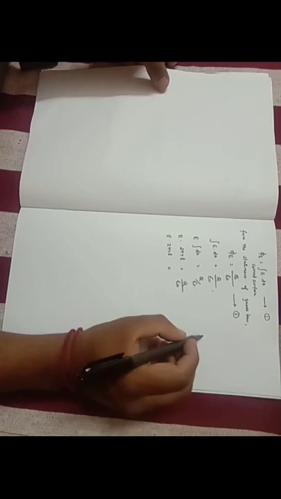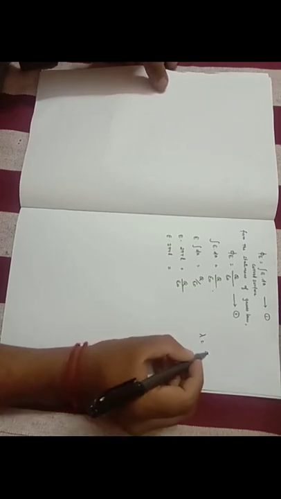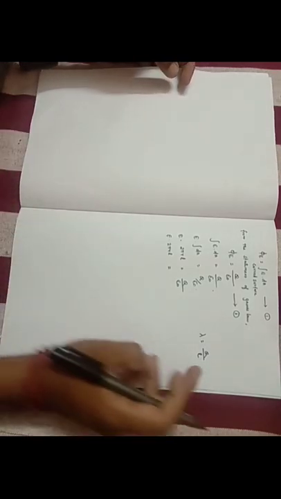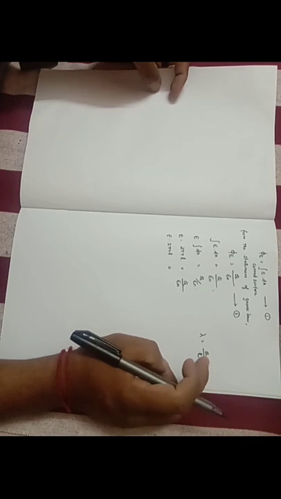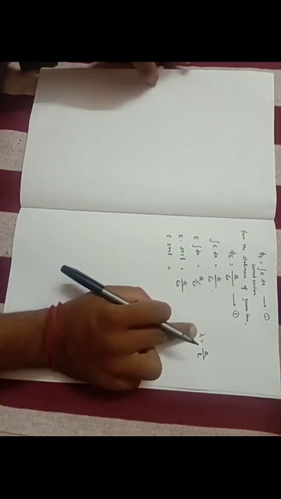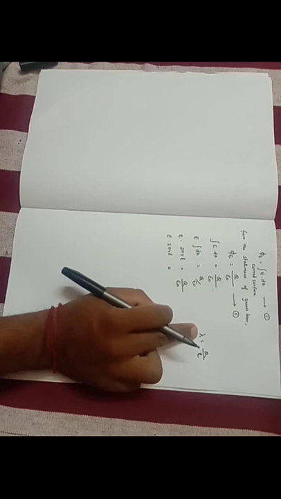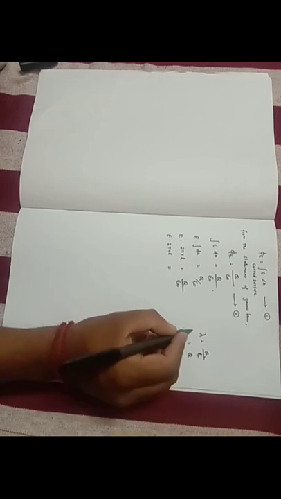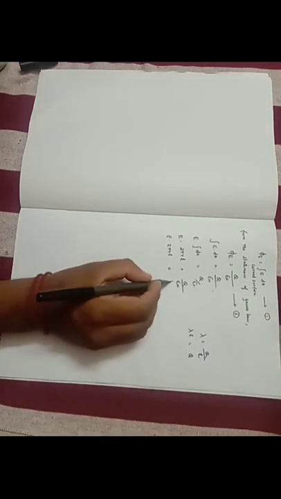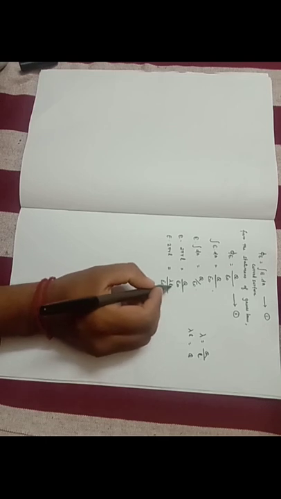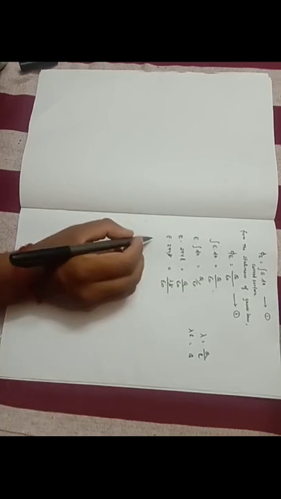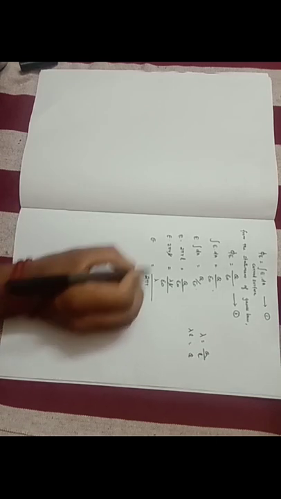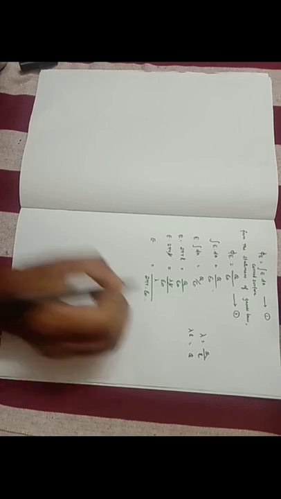Already we know that the charge density lambda is equal to Q divided by L. The net charge per unit length is called charge density. So from this we can write Q is equal to lambda into L. It is substituted in this equation, so we can write lambda L divided by epsilon naught. On the left hand side and right hand side, L cancels. So we can write E is equal to lambda divided by 2 pi r epsilon naught.